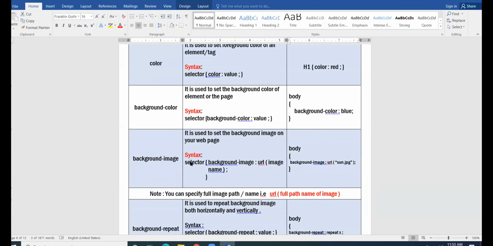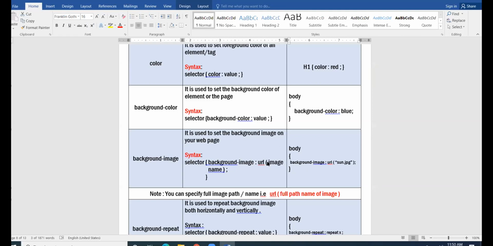See here, selector means your tag, obviously the body tag, background-image colon url. In the bracket of url, you will write the complete path of the image that you want to give.